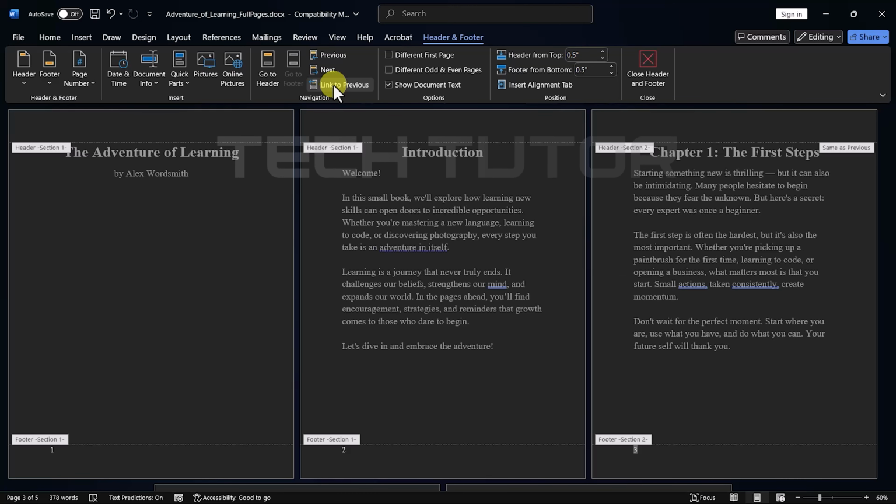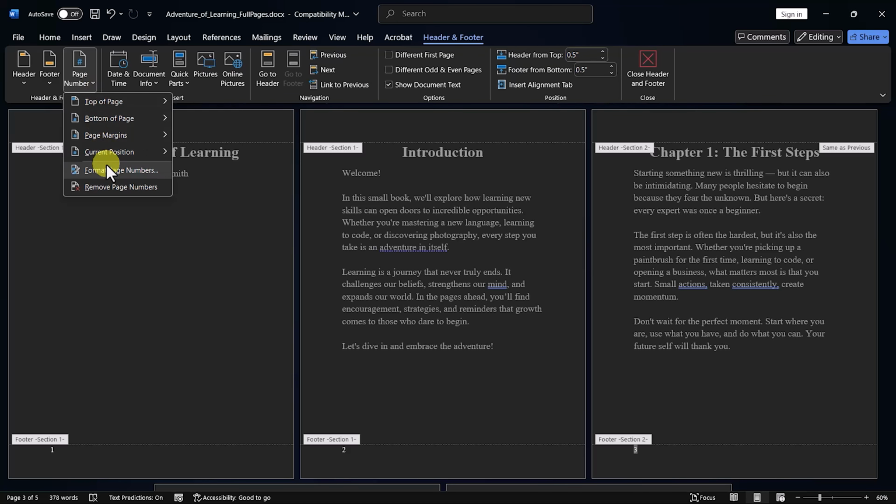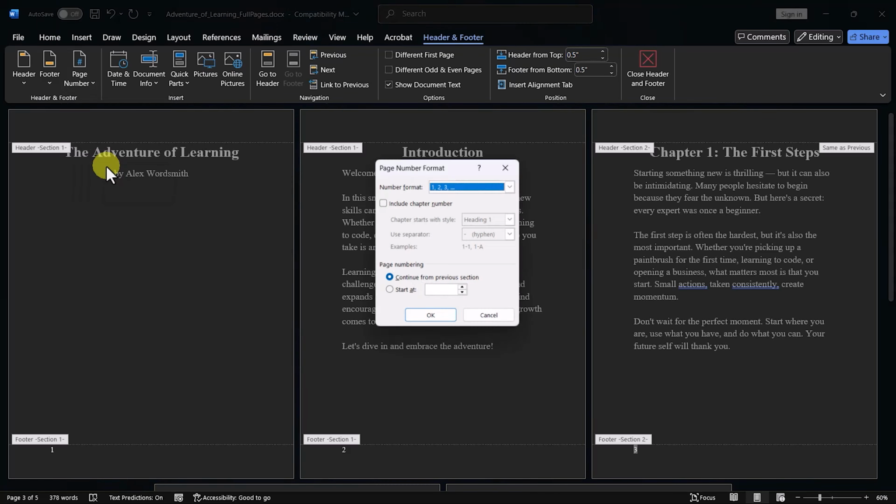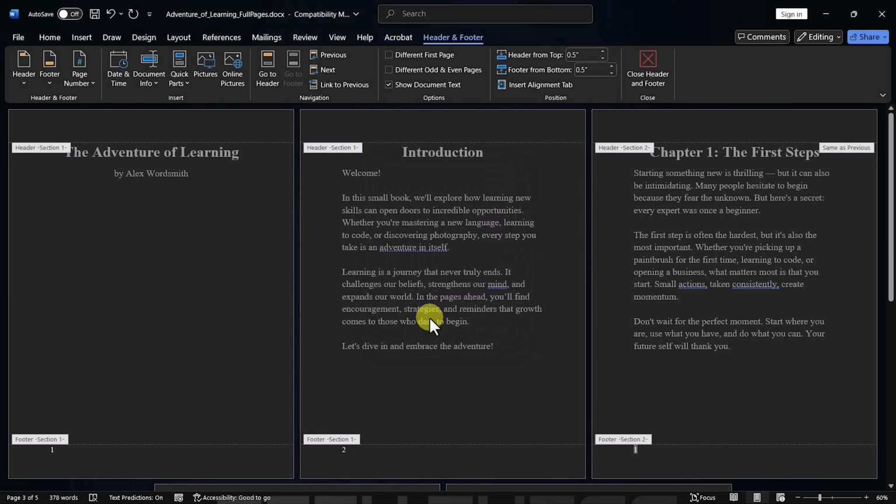Next up is formatting those numbers. With Header and Footer tools still selected, click on Page Number, then choose Format Page Numbers. In the dialog box that appears, find Start At, type in 1, and hit OK. This sets your third page as number 1. Now that we've configured our numbering correctly, page 3 is now labeled as 1 followed by 2, 3, and so